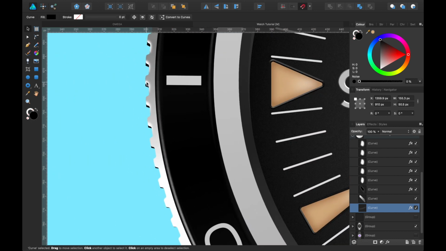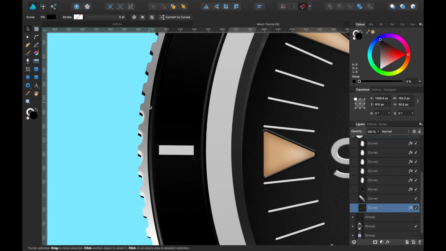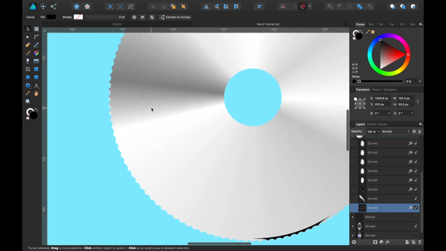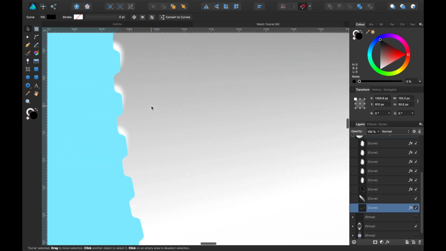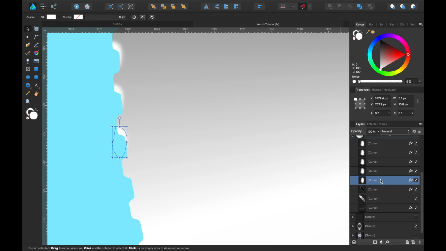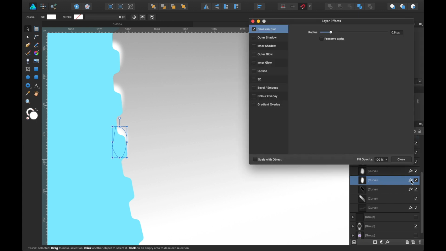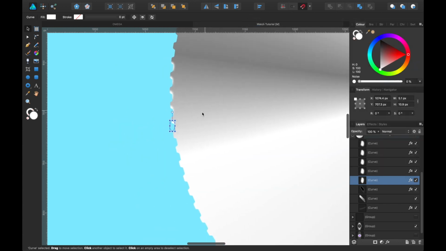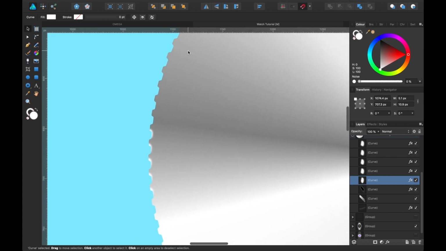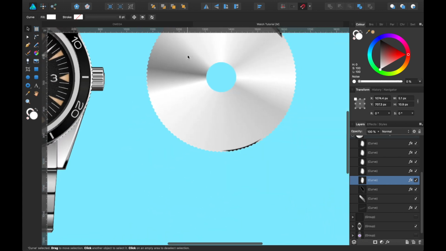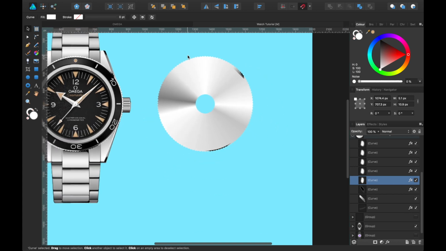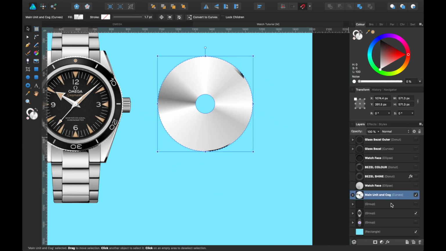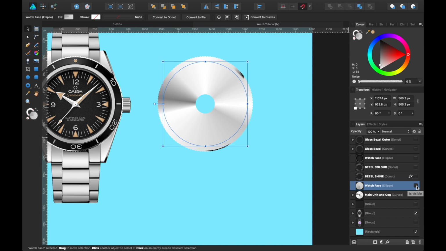If you go in, you can see here there's just the light catching each little tooth, and so if I show you over here, all those lights are literally white blobs, and I've just applied a Gaussian blur to it again. There you go, a little bit more of a Gaussian blur, and that's all it is. And I just copied and pasted it on each one, not every single one, just a few, to give it that effect. What I added on top of that is the watch face, which I will turn on now in